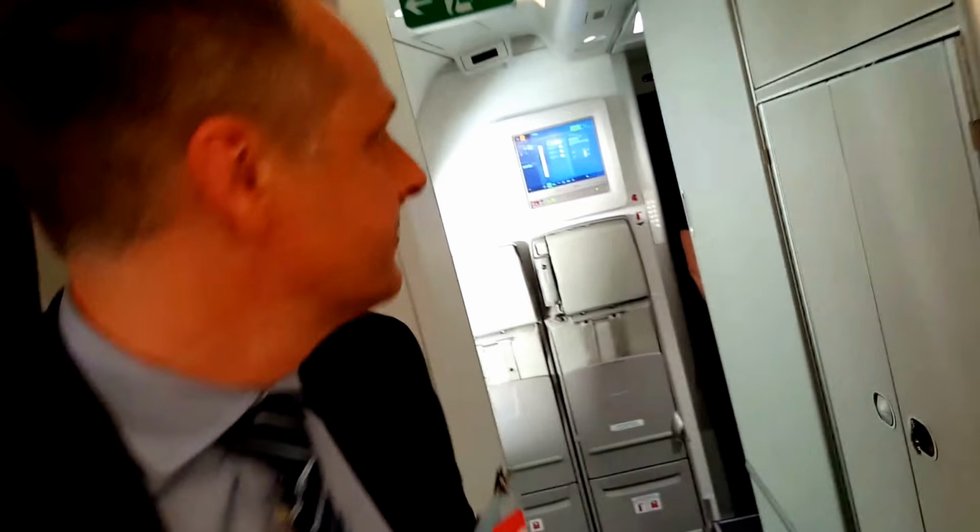Can you tell me how we see the cockpit? Let's have a look. Non, là je lis. On peut voir le cockpit. Alors attention, il y a quelqu'un? Bien sûr. Okay, we have to wait a little bit. Can somebody